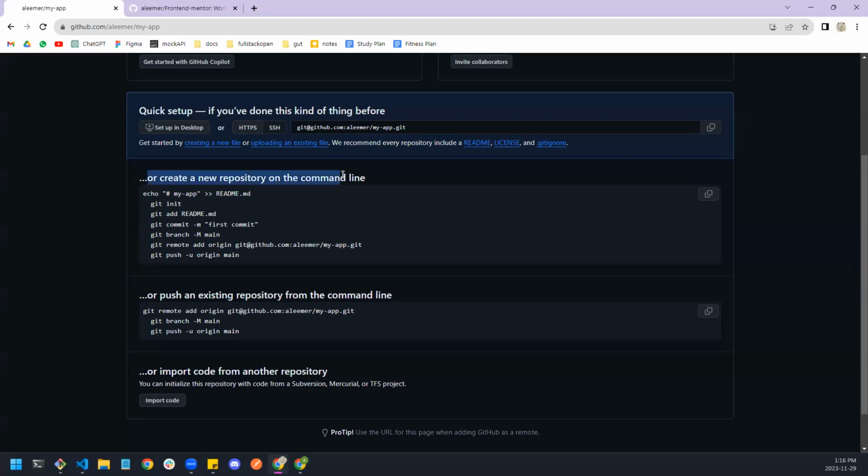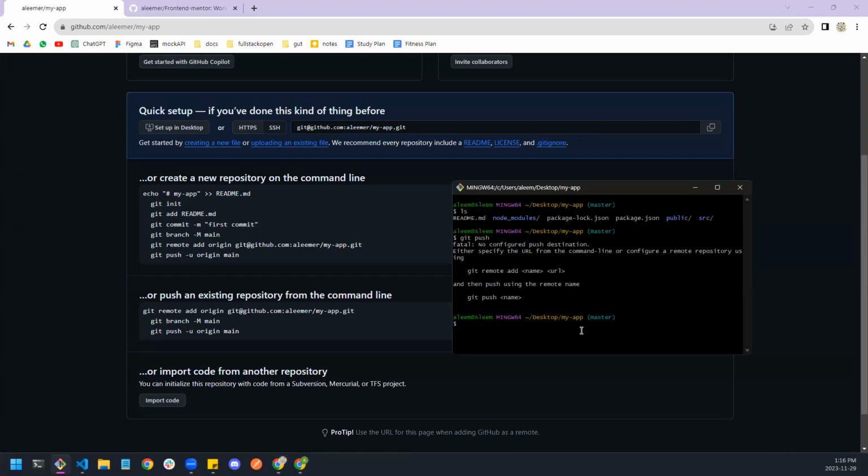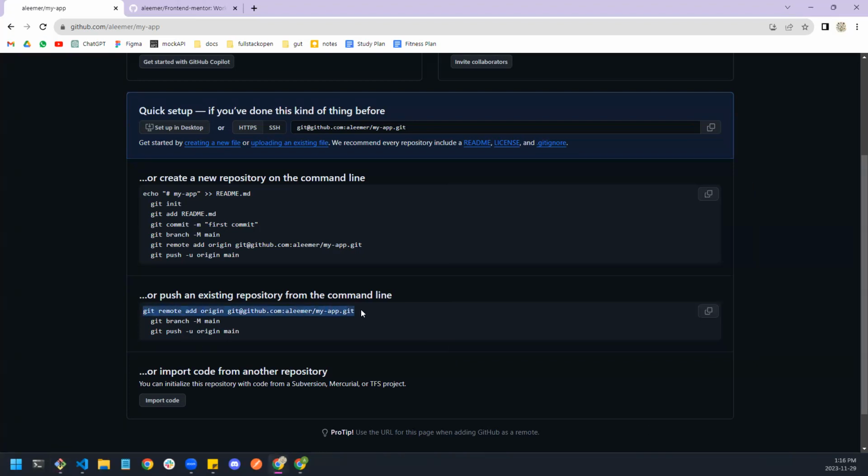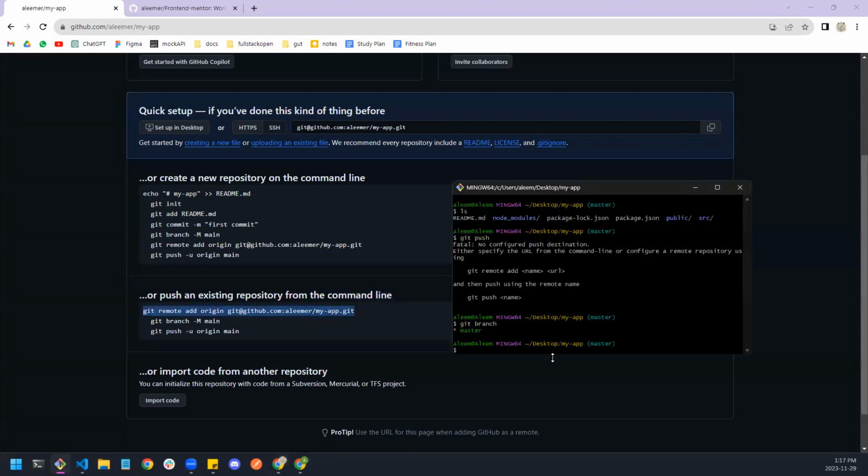But we don't need to do this because we already have the repository made, right? See here, we have this repository. If I say git branch, I already am on the master branch, right? So I don't need to do that. So what I need to do here, I need to do this. Git remote, and I think I can copy this. I'll copy this here, and I'll type this in. Git remote add origin, and then that. And what that's going to do, git remote add origin,